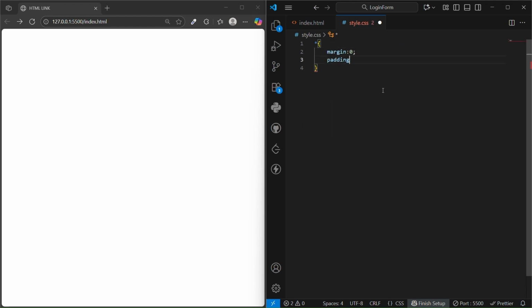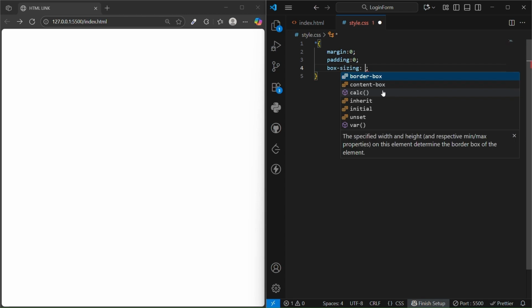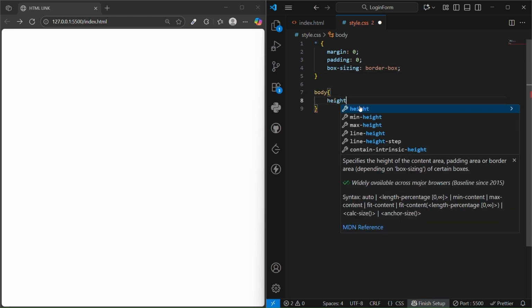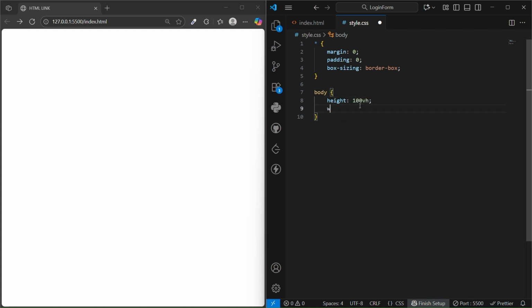In style.css, we'll add a universal reset, margin 0, padding 0, and set box-sizing border-box for easy layout. Next, style the body to take up the full screen height and width, 100vh and 100%, and give it